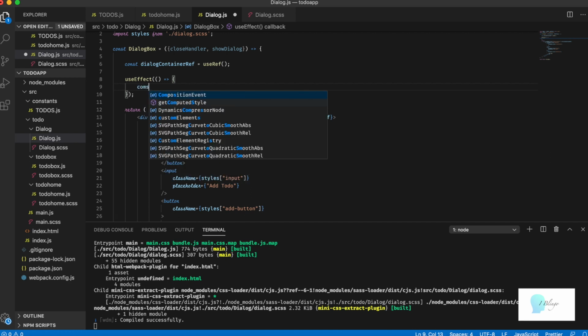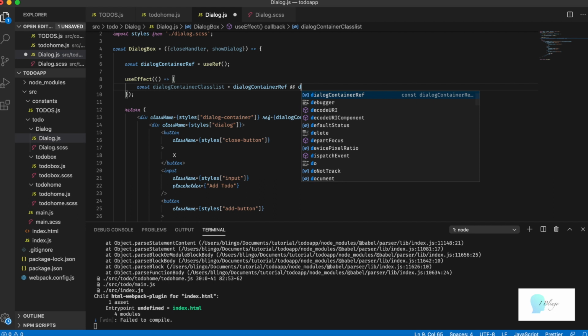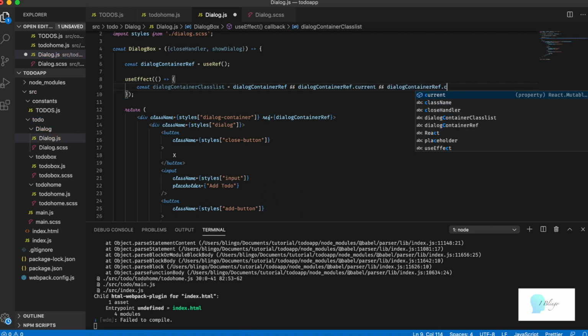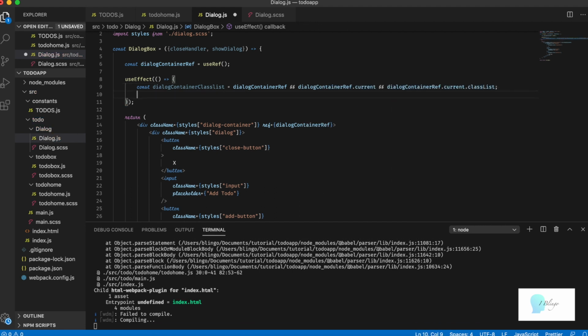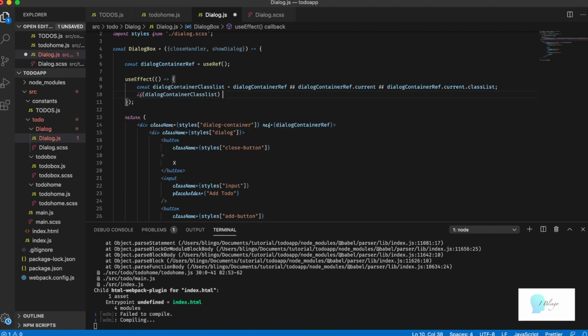Inside this, I will be writing dialogContainer classList. If this is there, then